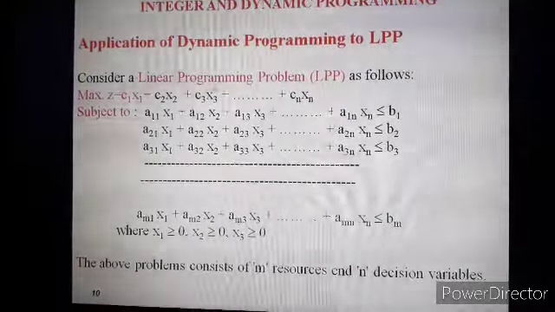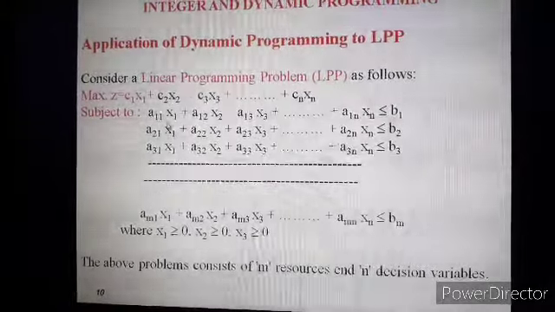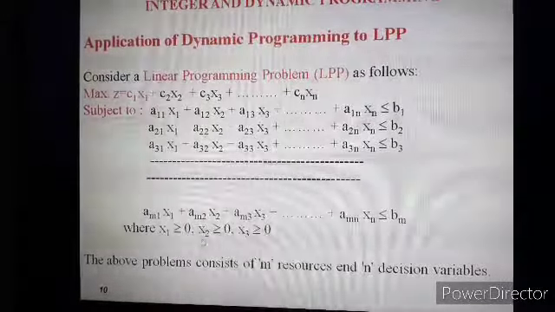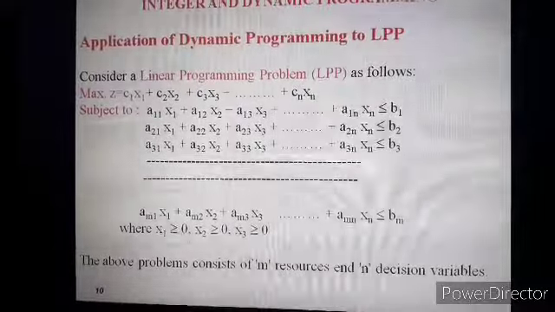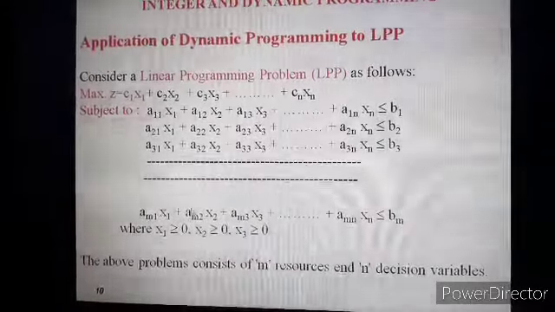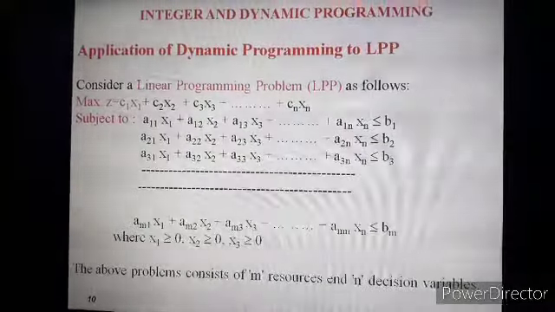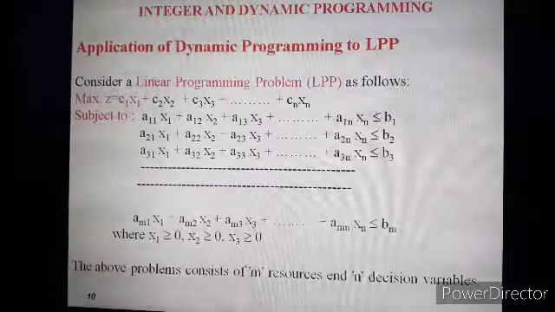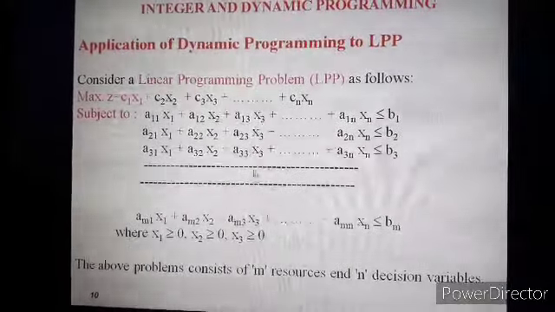So that is the change in the mathematical formulation of the minimization problem. Again, all these values of x1, x2, x3 should be positive, that is, greater than or equal to 0. So this is the mathematical formulation of the linear programming problem, and we have to take this into account for solving the dynamic programming problem also.